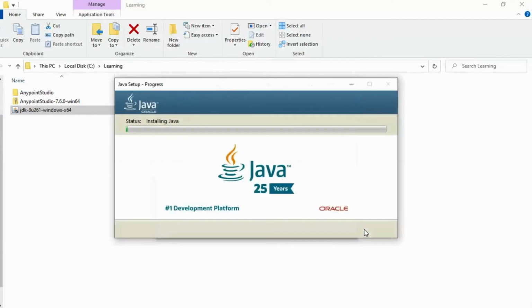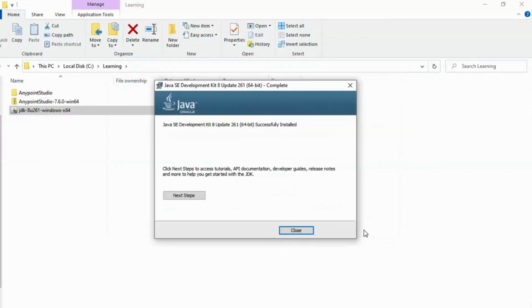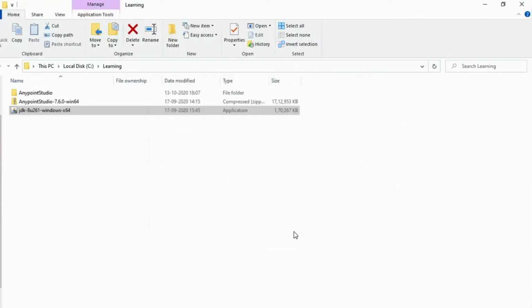Click next. Now you can see Java SE is successfully installed, and you can close this.